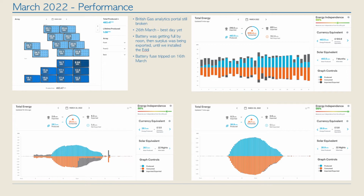There's very little grey. And as we get from about the 20th to the 26th of the month, you can see that the blue segment is growing and growing and growing. And we got to the point where there's hardly any grey on the top of that blue bar. That's indicating that all of our power is coming from solar production and we're not having to draw anything from the grid. Now, I would say that 26th of March was a perfect day,